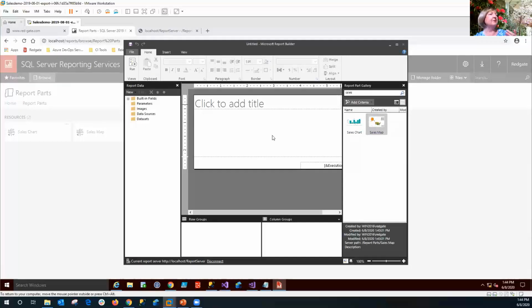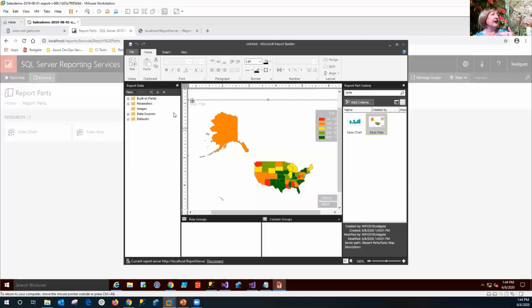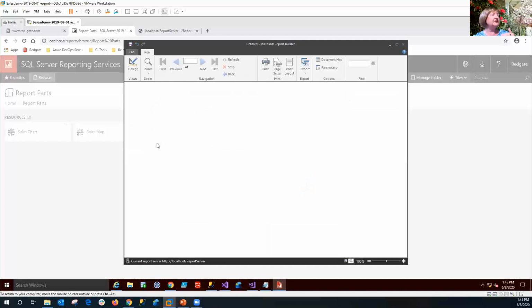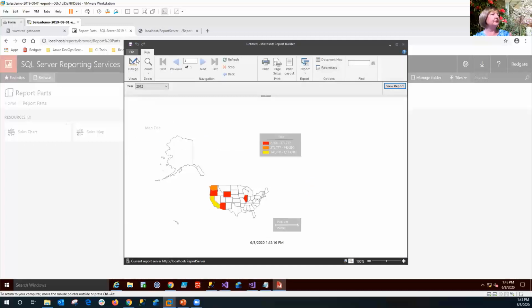Love to have that map on a dashboard. And along with it came my year parameter, my data source, and the data sets that were part of it. I can click this to run it, take a look and see how it looks. And I can also